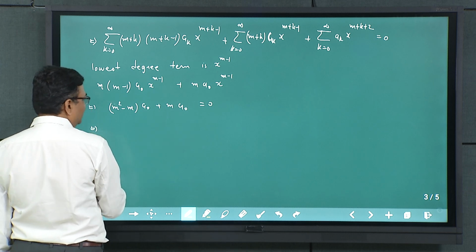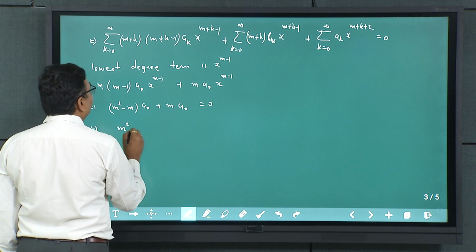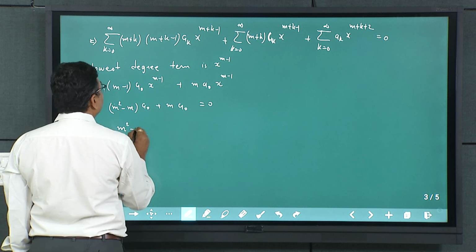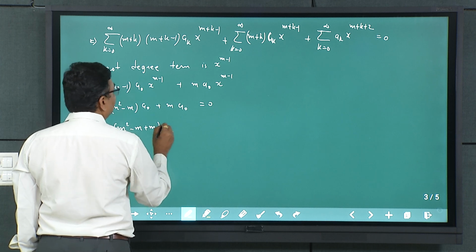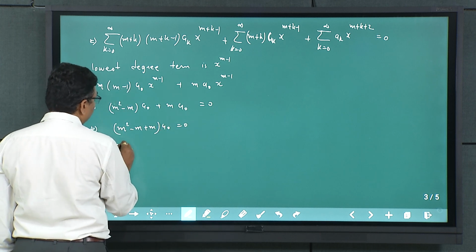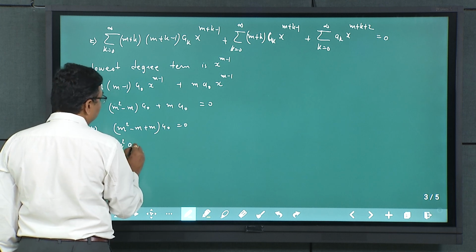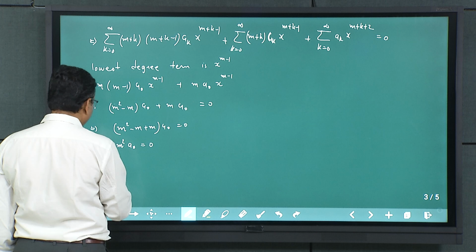So this implies m square minus m plus m into a0 is equal to 0. So this implies m square a0 is equal to 0. Now here a0